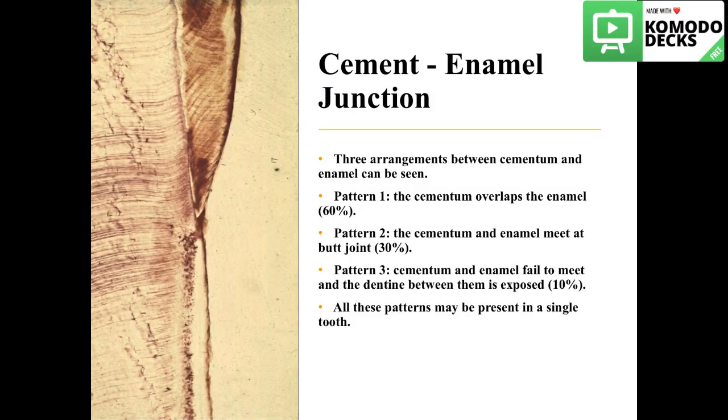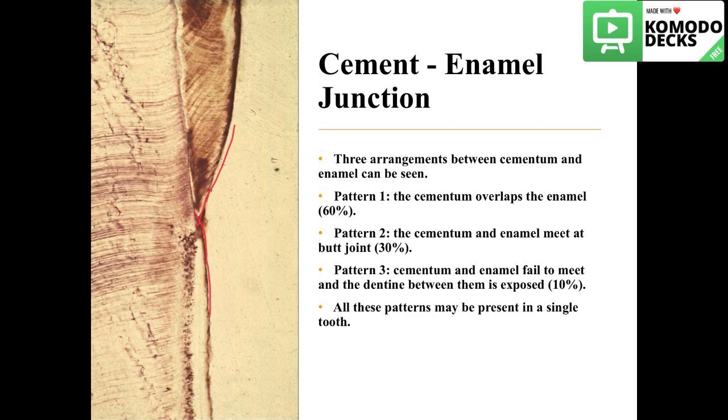There is another junction between the enamel and another tissue. It is the cementum, in what we call the cemento-enamel junction. The cemento-enamel junction has 3 patterns. Pattern 1 is where the cementum overlaps the enamel, which happens in 60% of the cases. Pattern 2 is where the cementum and enamel meet at a butt joint, which happens in 30% of the cases,